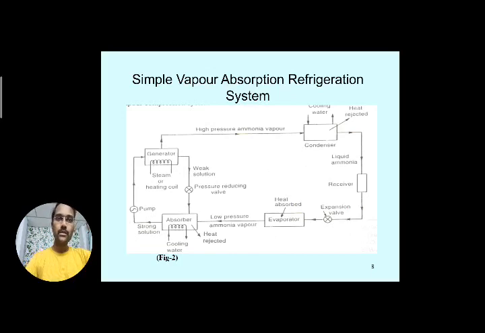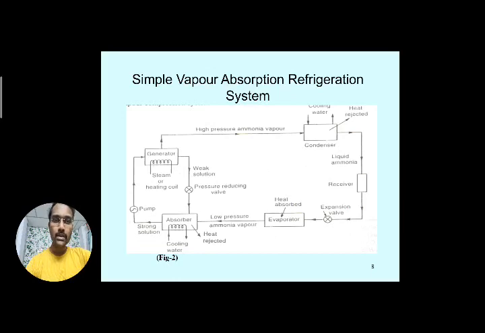Components here, starting at the left hand side. I will tell why the name vapor absorption is taken like this. In the previous class video we have seen the vapor compression refrigeration system. Here compression is not happening, absorption is the main thing. I will tell what the function of that is, what happens in absorption, and why the name is taken like that.